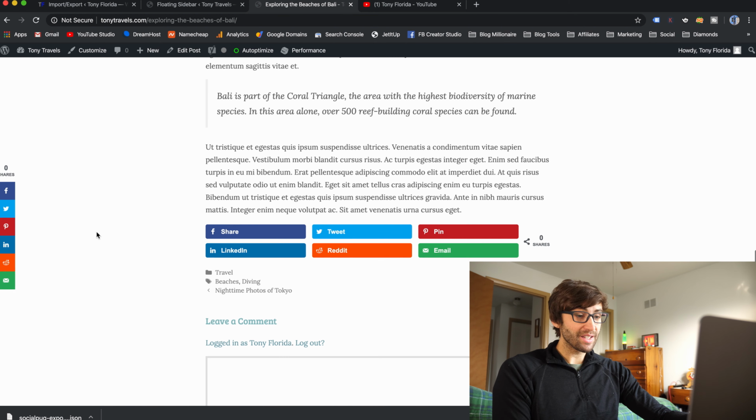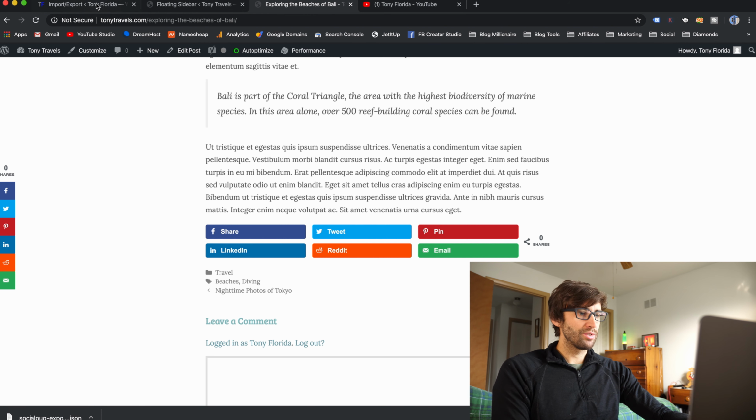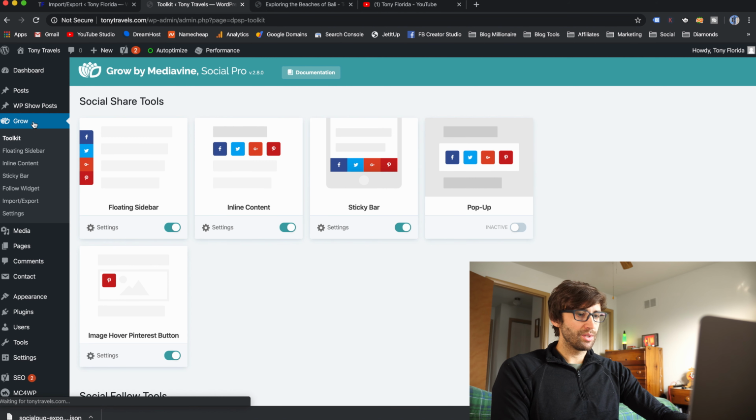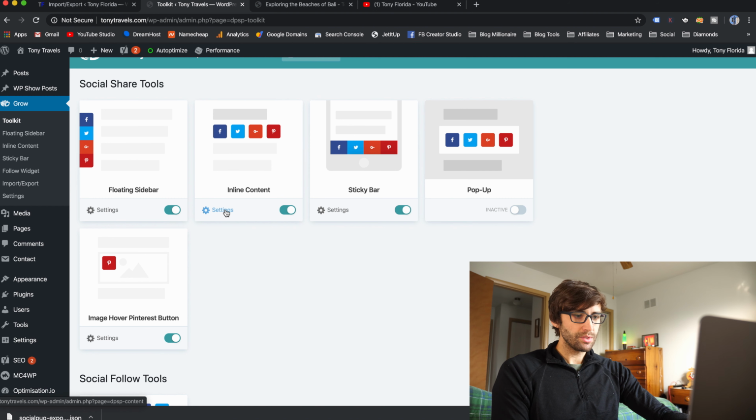Very cool. And I think because I imported those JSON settings from the old plugin to the new plugin, they're already automatically added at the bottom of my blog post before the categories, before the comments. So let's show you guys how that works. So we go back to the main menu here. That is going to be an inline content. So go to settings,